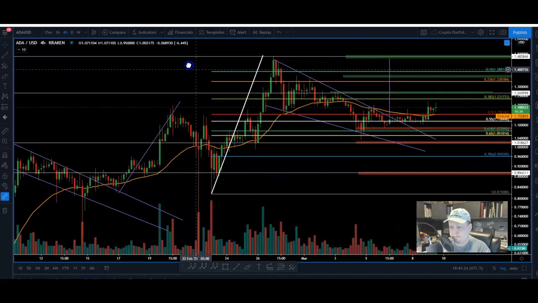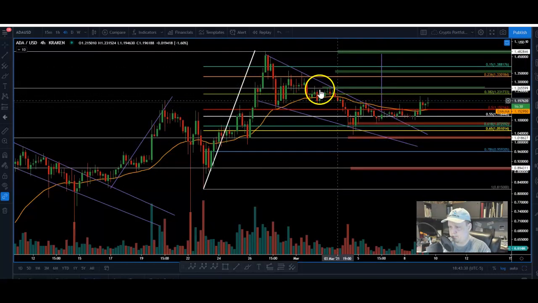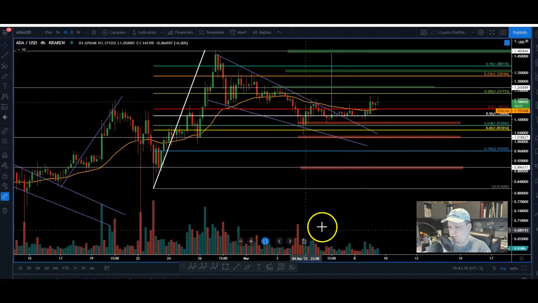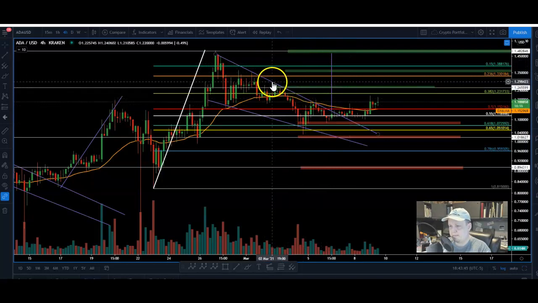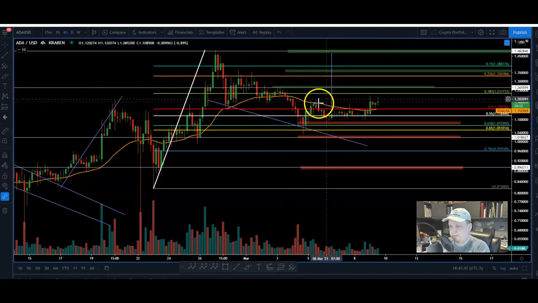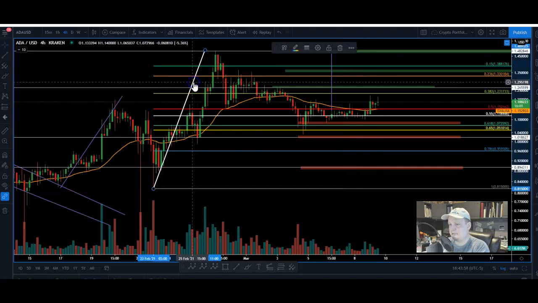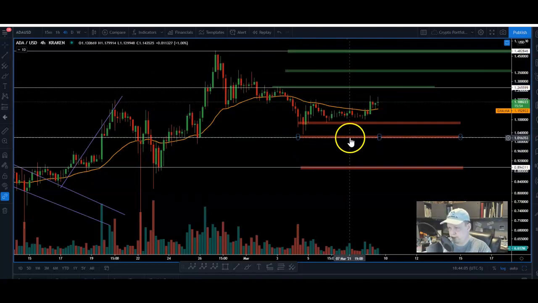Alright, so let's talk about ADA. This is the chart of ADA on the 4-hour chart. You can see it's just going sideways here and broke out of the wedge that we had drawn, but there's no really big volume to back up a major breakout. So what you've got to do is come back in here and look at it again. Maybe clear out some of this stuff that we had drawn because it didn't really play out as a full pattern. It wasn't an impulsive move out of it. Doesn't mean that we can't get up here in terms of price action, but it wasn't really linked directly to that pattern that we had drawn. So let's just clean it up a little bit and see what we see here.